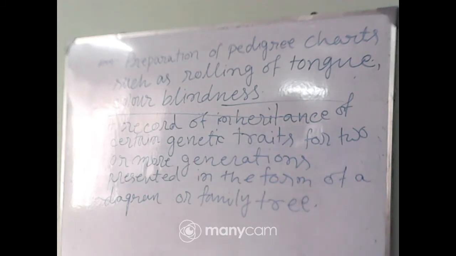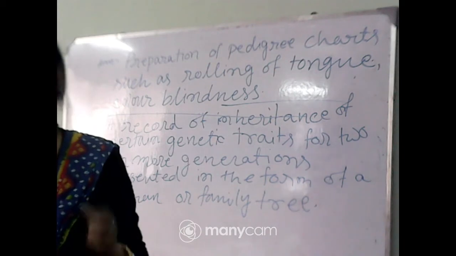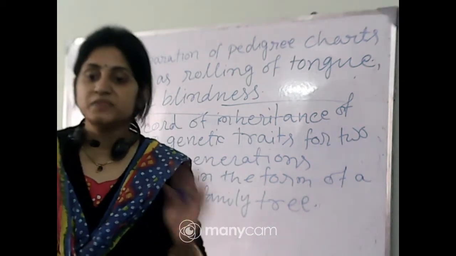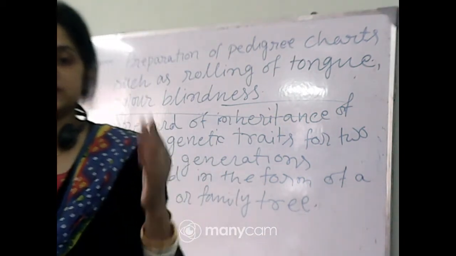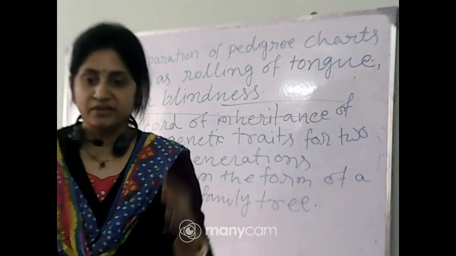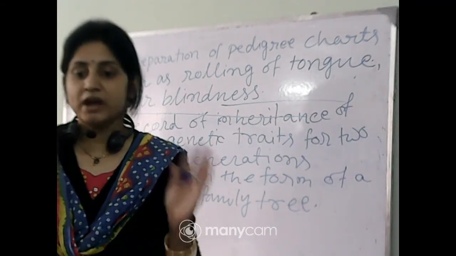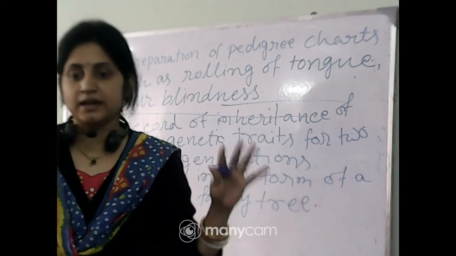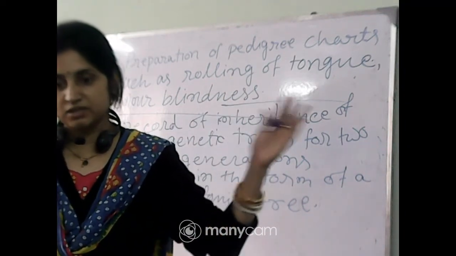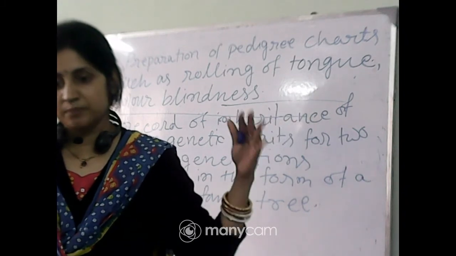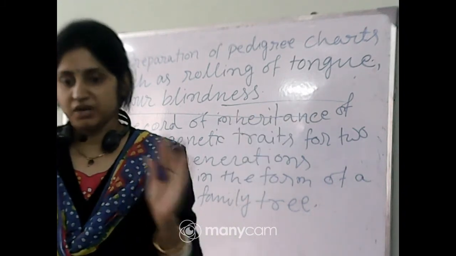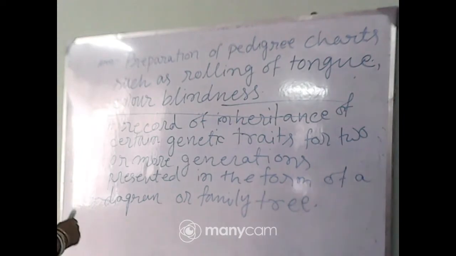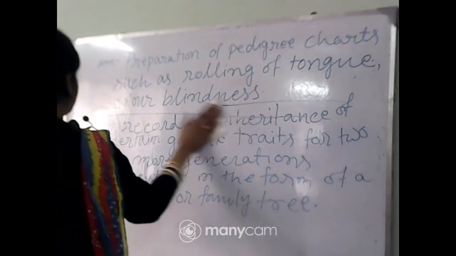When you analyze any type of pedigree, some symbols must be present, and from these symbols you can identify which one is the parent, which one is the child, which one is affected, and which one is a carrier. According to these symbols you can analyze the generations and how the disease spreads generation after generation. So let's see what the symbols in the pedigree are.